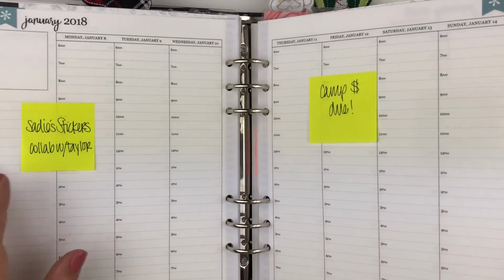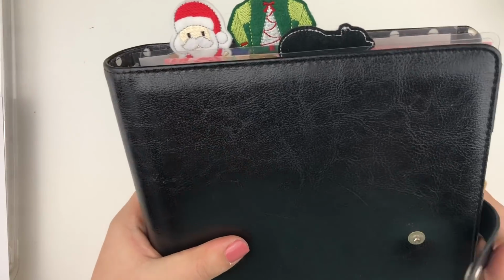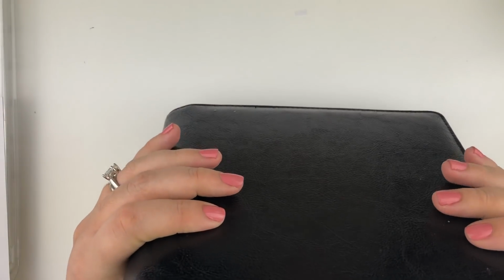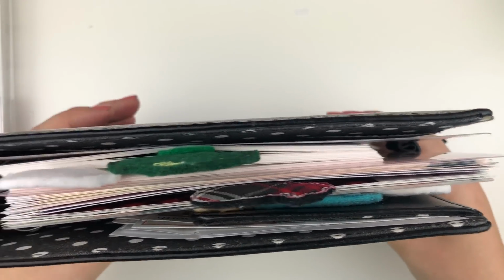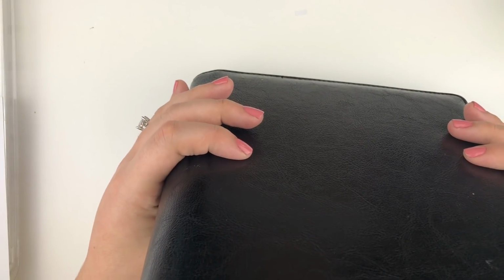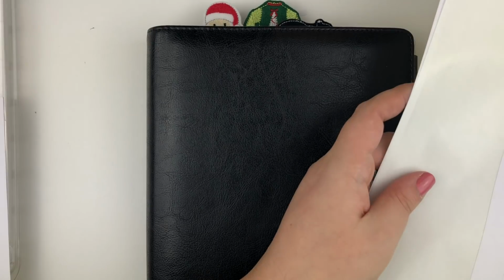So yeah, I think that is super exciting, and it's not too thick. I can still easily close that and have plenty of space right over here with 3 months in there plus my extra inserts. So now the tricky part